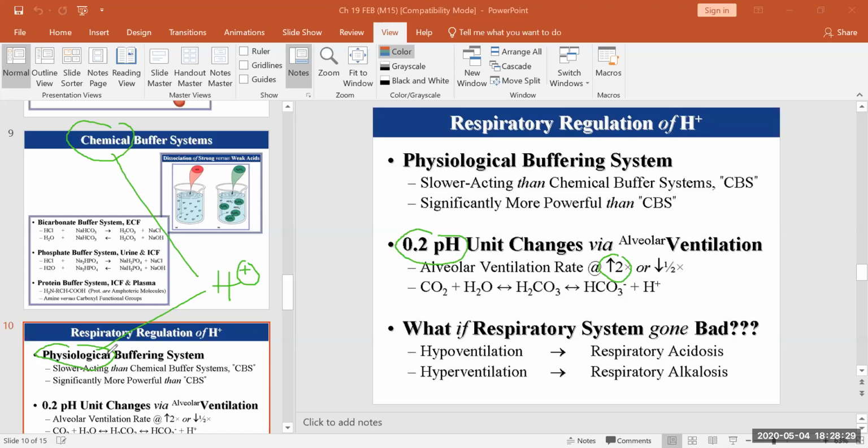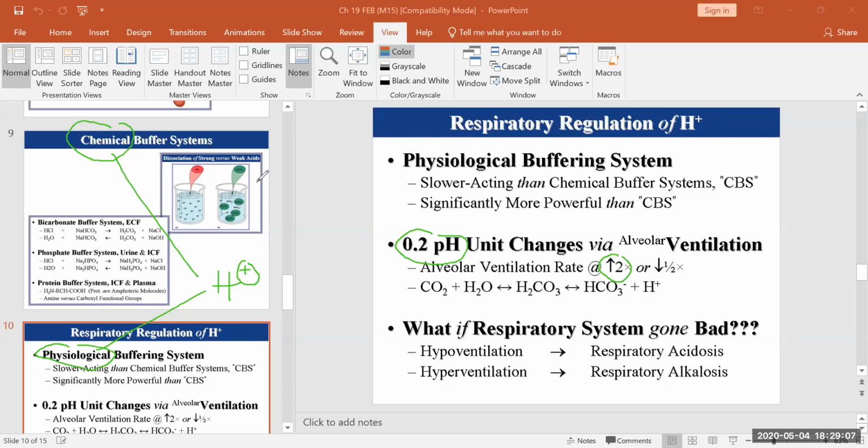They are the slowest onset, they take time to kickstart, but then they can get rid of our metabolic acids, meaning acids that are produced by metabolic pathways. So as our cells use chemical reactions to obtain energy, they produce side waste products, and a lot of them are acidic, and we need to get rid of them. And the only way is through urinary excretion. Okay,